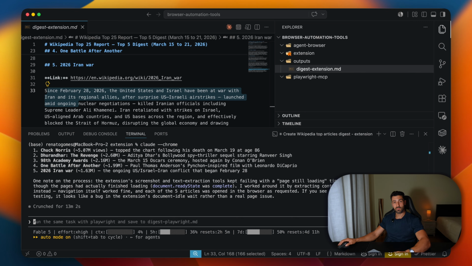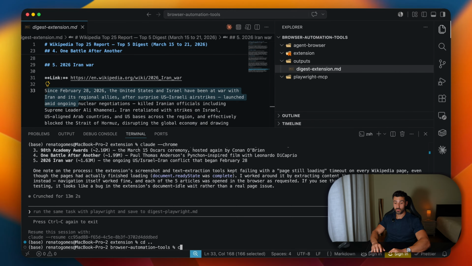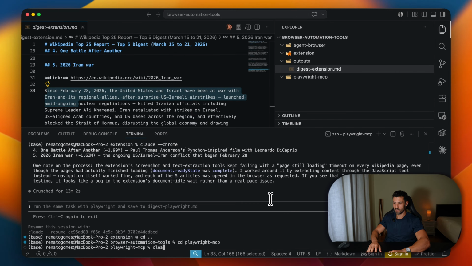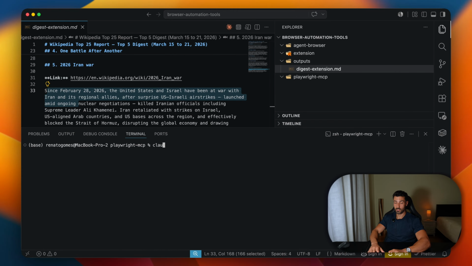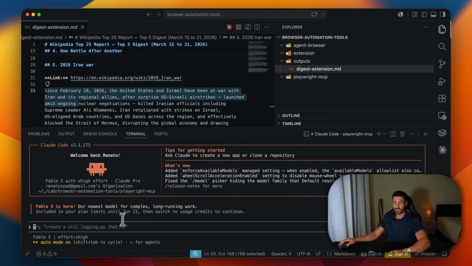Let's now do the same thing with Playwright MCP. So we're going to close our session. We are going to go inside the Playwright MCP folder. Let's just clear the terminal, and we're going to open the Claude session in this folder. After we're inside, the first thing we need to do is install this MCP locally. So for this, we're going to ask Claude Code to set this up for us. And you just need to type, set up the Playwright MCP in this project,